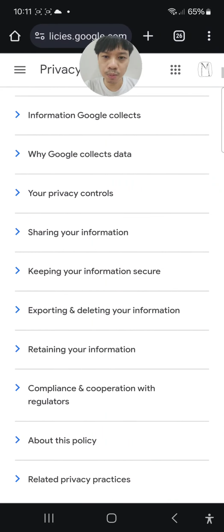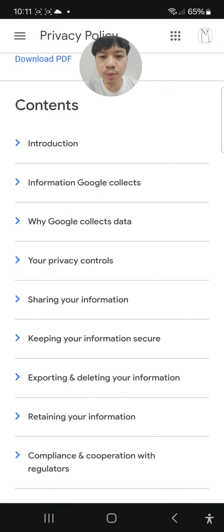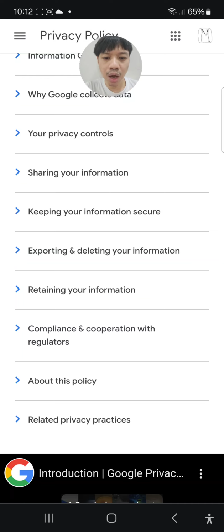They all sound important, so it's easy to dismiss some of the other important stuff. For me, I would like to pay attention to how your information is shared, meaning how Google deals with their third parties, because we are reading a privacy policy and they are respecting our privacy, but maybe not for the other parties that they are sharing our data with.